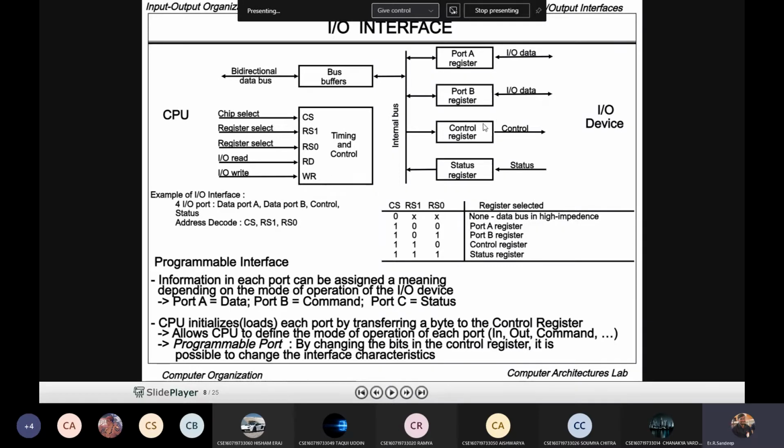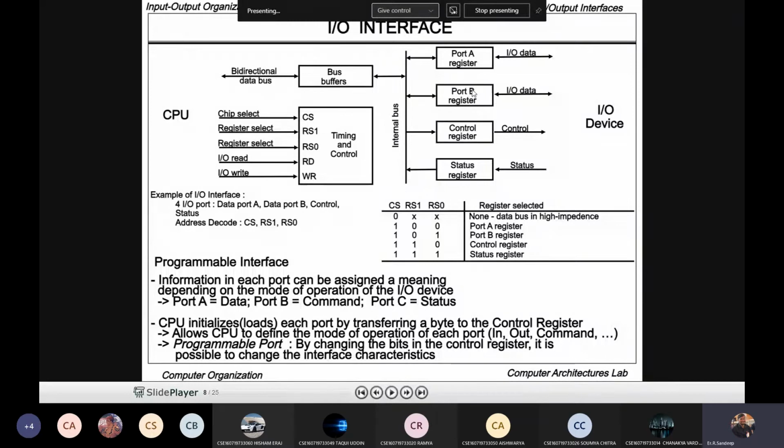The control register is used for issuing the control signals, and the status register is used for identifying the status of the device, whether it is performing reading or writing, or whether it is up or down. To indicate this kind of information, the status register is used for indicating the status of a particular device.